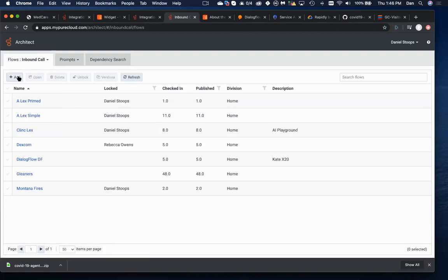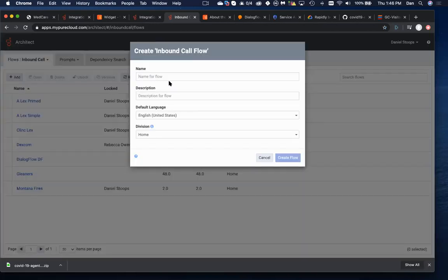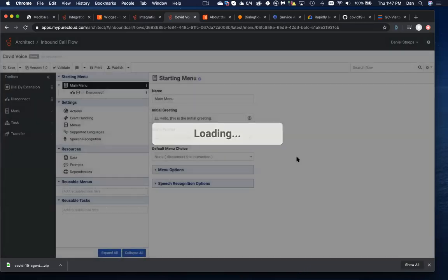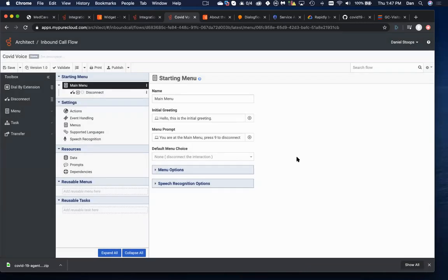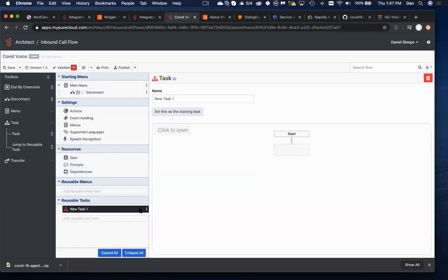All right, now I'm going to create an inbound call, and this is COVID voice. Now you saw me create an inbound chat flow, which was how we connected a chat widget into this fire hose of information. Let's create the voice equivalent, right? Now there's a little trick here, which is when we come in, the first thing we see is a main menu. So most of our voice flows tend to be IVR, press 1 for this, press 2 for that. What we're going to do is create a task, and you put it down here in reusable tasks, and then you make it,